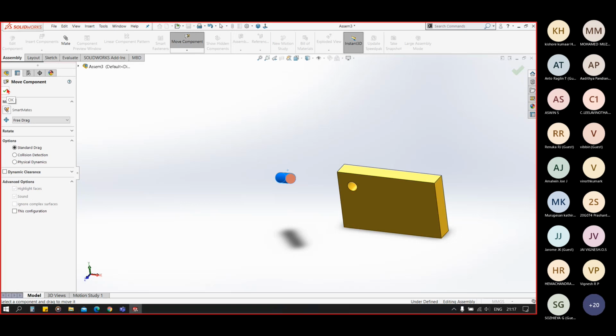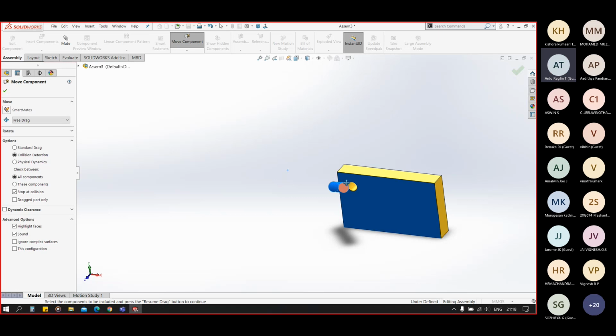Now in the move component, we have options here like collision detection, physical dynamic clearances. So now let's see one by one. We click on the collision detection and click the stop at collision option.